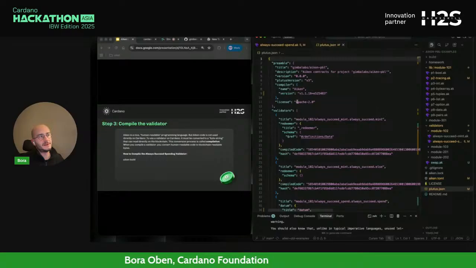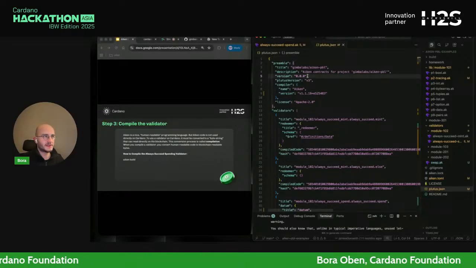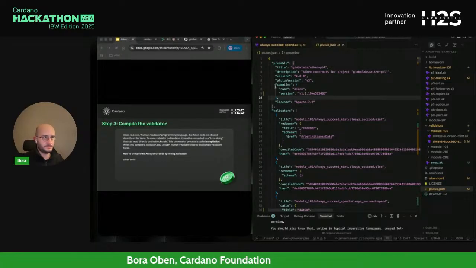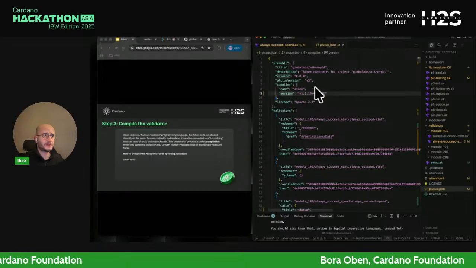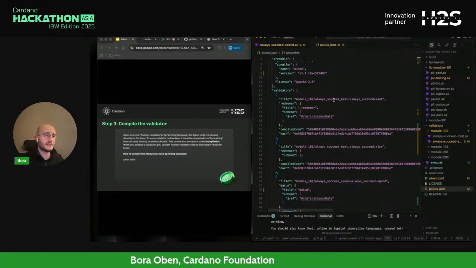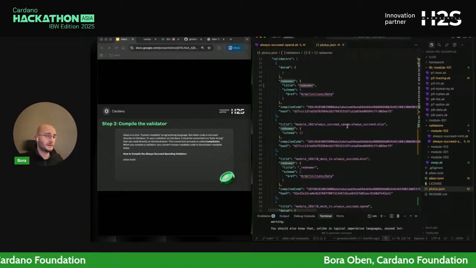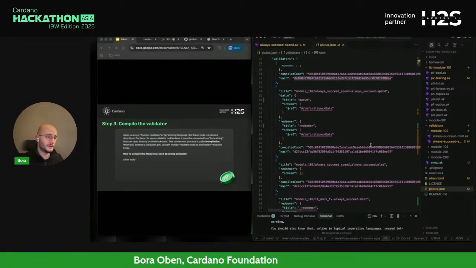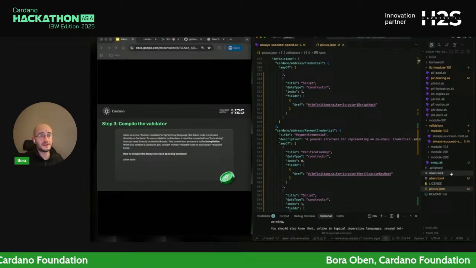So this is where you have all the information about the smart contract itself. For example, the preamble has some information about the version of Aiken I compiled the smart contract with, the project itself in which we are writing, then data types in the validator, the compiled code of the smart contract that you can find, and everything that's needed for the smart contract to be executed later on.